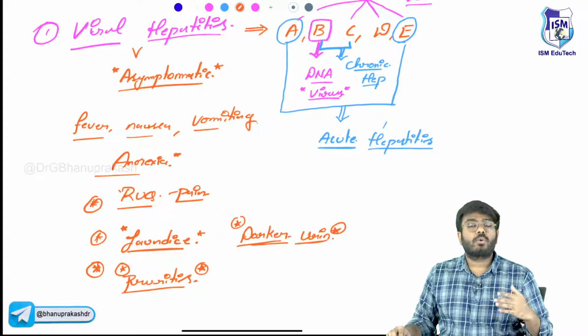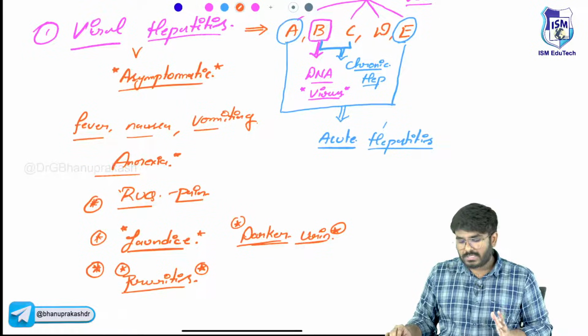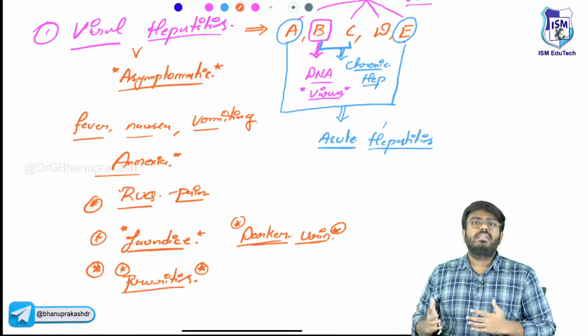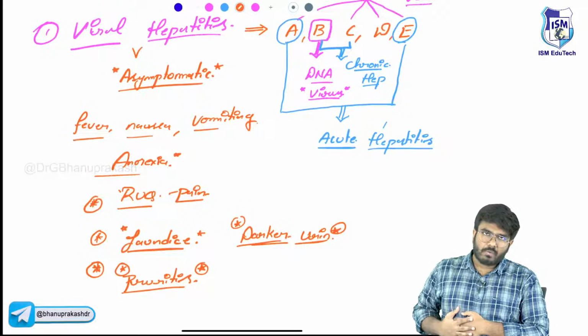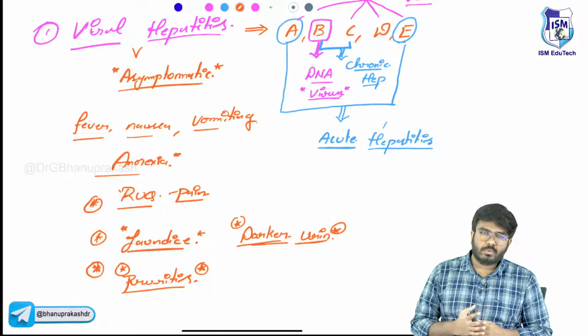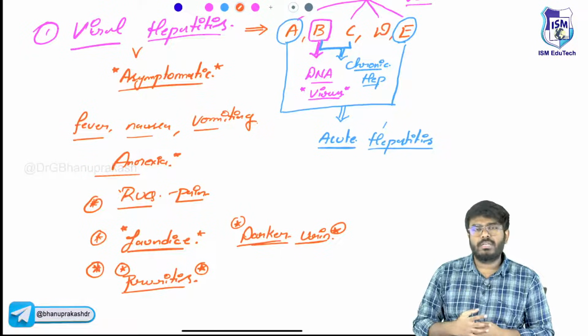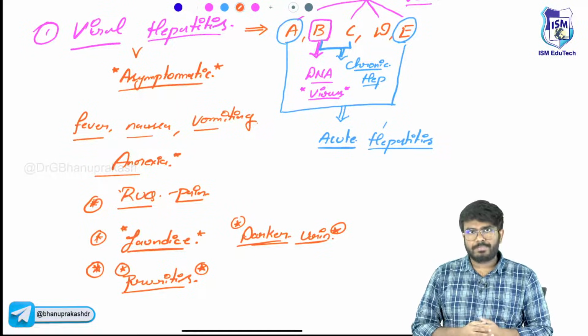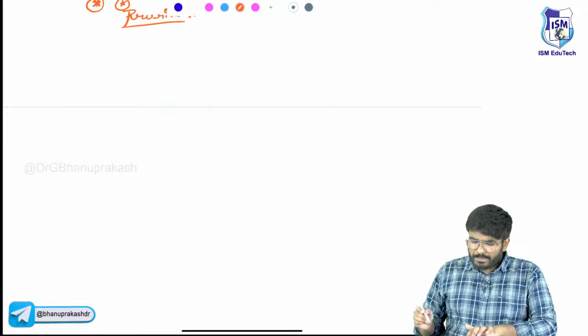The hepatocytes are undergoing damage. When the hepatocytes are undergoing damage, there will definitely be pain in the right upper quadrant. Jaundice is going to be seen, pruritus is going to be seen, the color of the eyes is going to be yellow, the color of the urine is going to be darker. Okay. When you do the lab tests,